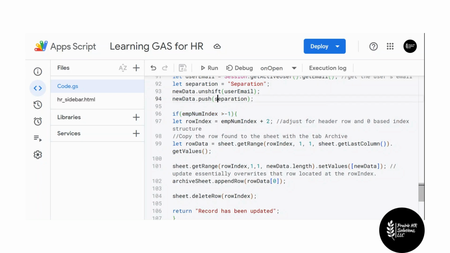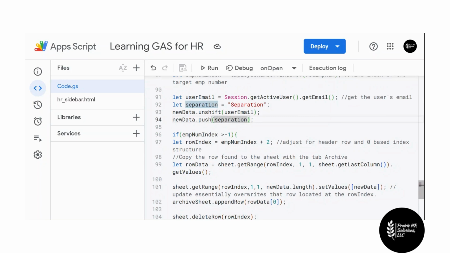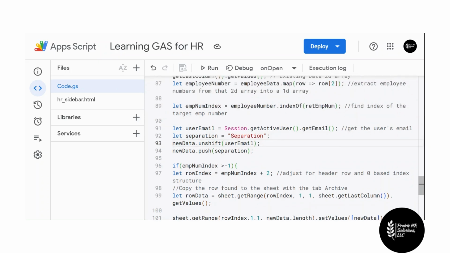So let's go over real quick and figure out why separation wasn't picked up. So separation here, oh, I see what we did. So the reason why separation is not getting picked up is because unshift, I don't want to use the terminology, but essentially what unshift is doing, unshift itself transforms an array. What push does, push just simply adds something to the end. So